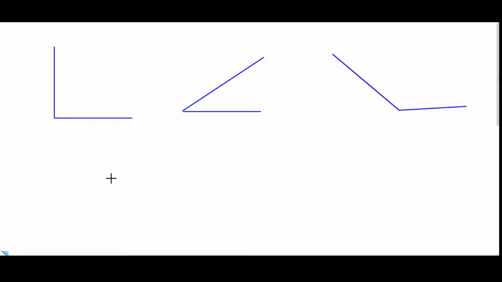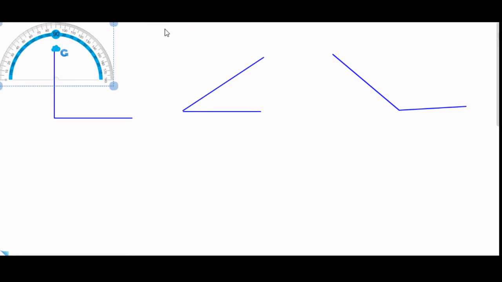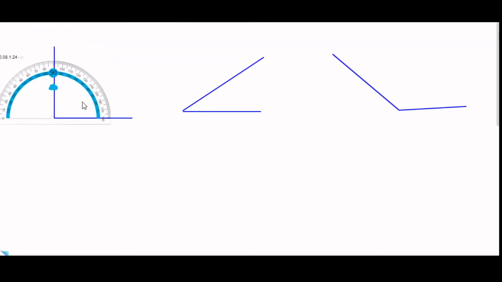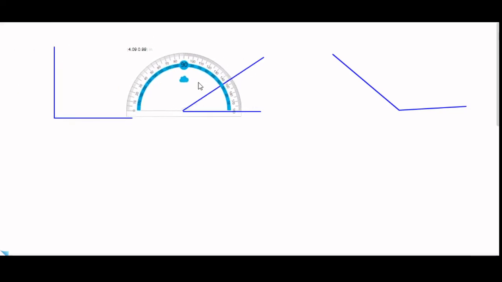Now I am thinking about these three angles. Let me measure the angle with the protractor. Yes, it is exactly 90 degrees. Here it is less than 90 degrees. I will start measuring or counting the scale from here slowly up. That means it goes up to 32, 33, counting 0, 10, 20, 30, 33. Correct? Now if I try to measure the third angle,